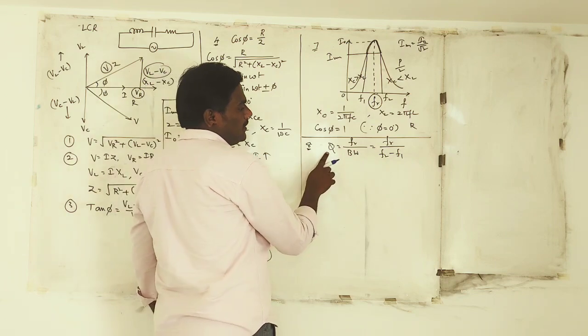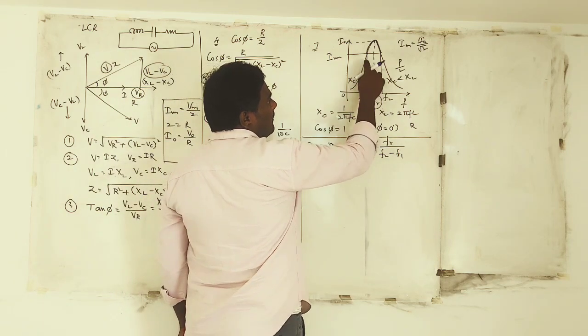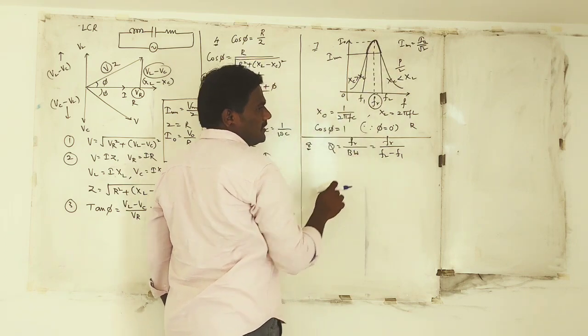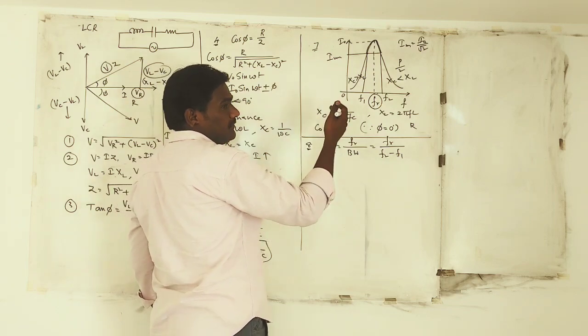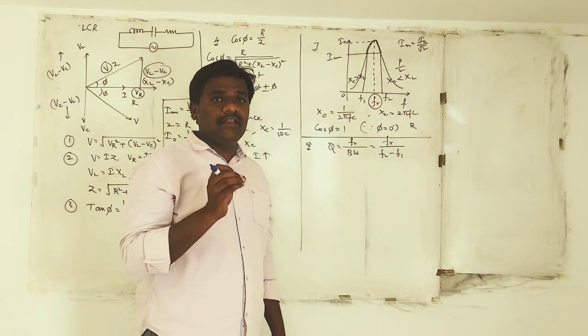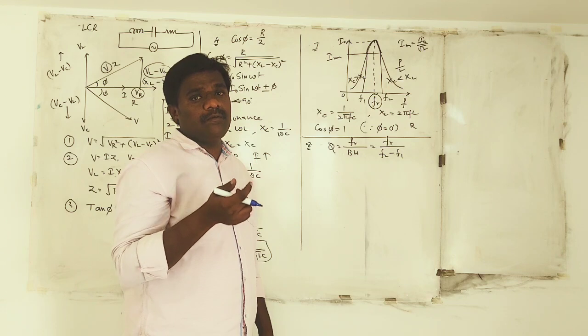Now from this, the higher the quality factor, the less the bandwidth. Less the bandwidth, the faster, like I say, the variation of current takes place in a quick manner. Then the circuits which have this facility are able to select a signal in a quick instant of time. Hence, those circuits will be given more preference.